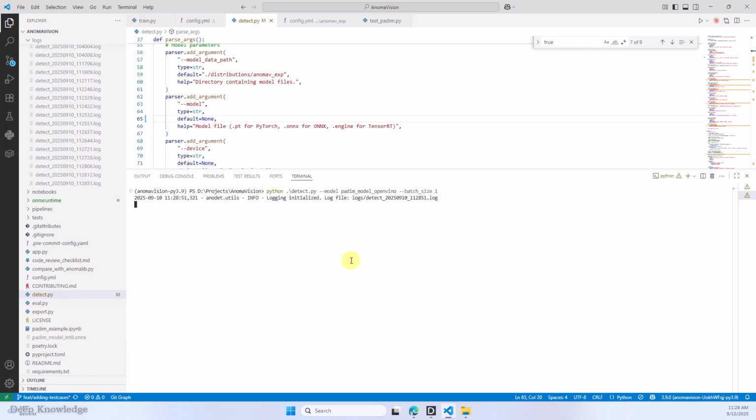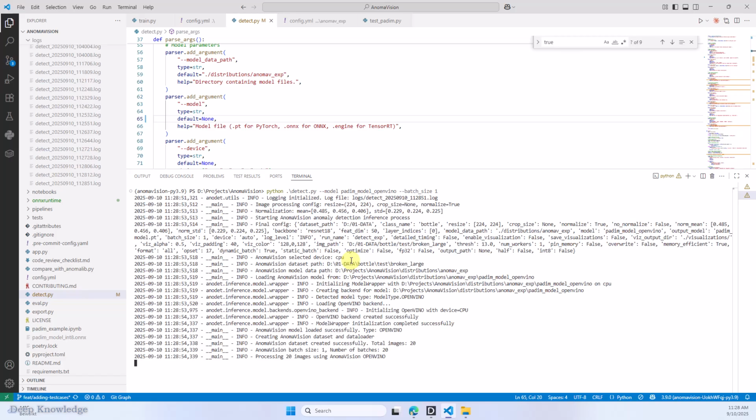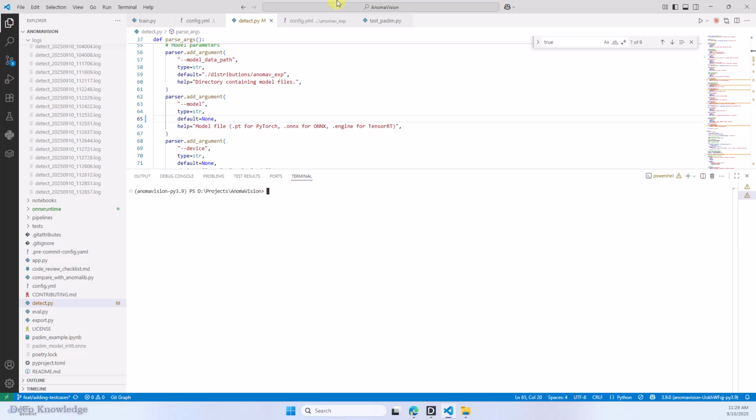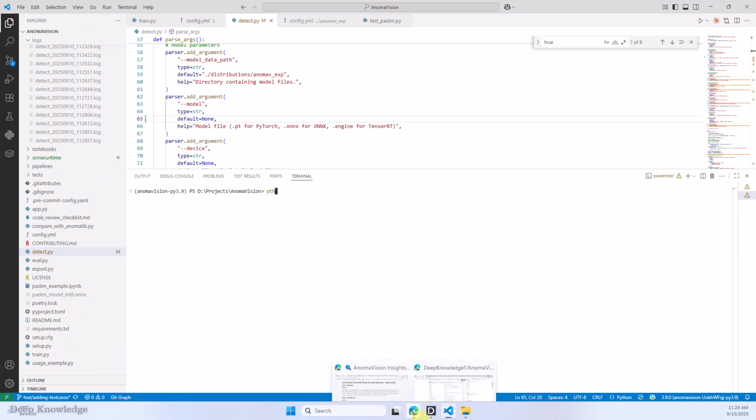And this is how to deal with the pattern with AnomaVision. And you can see now, for this 55 image. I also developed a C++ version for the ONNX. I will show you next time. It's not completed. And I wanted to see something. Yeah, for the evaluation, you can see just Python